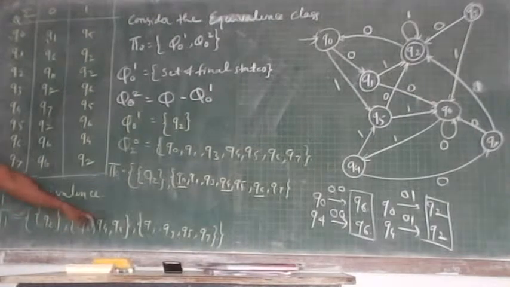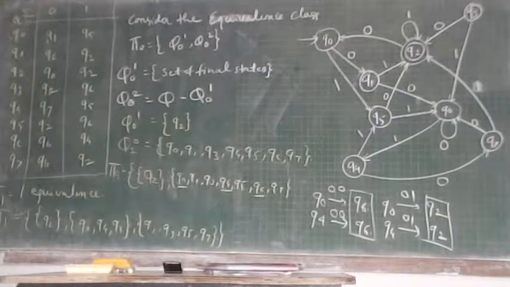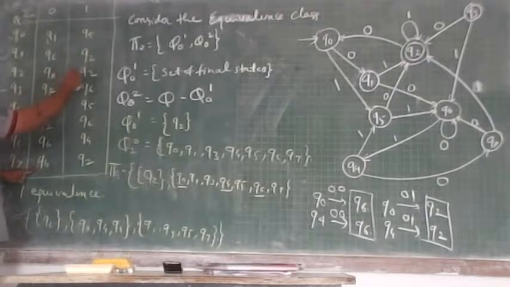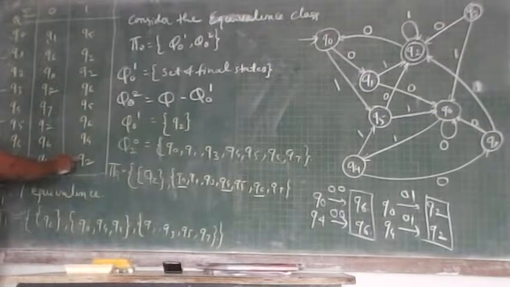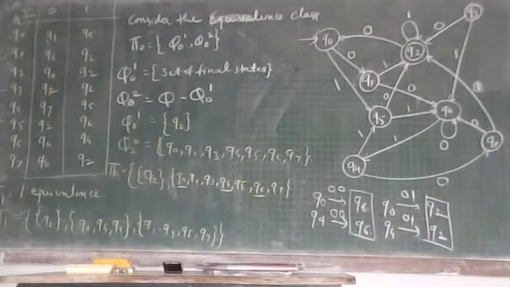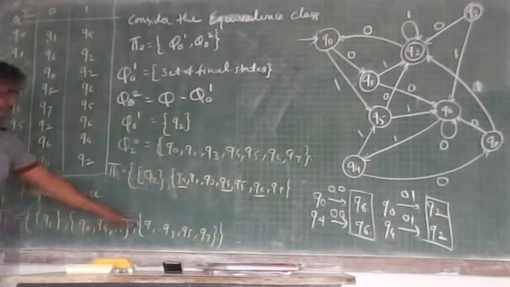हमने चेक किया Q0, Q4, Q6 ये one equivalent है for 0 and 1 both. What about Q1, Q3, Q5 and Q7? You see Q1, Q3, Q5 and Q7. Q6, Q2. For 1 it is Q2, Q6 and Q2. They are not equivalent. Okay? So these are equivalent, these are not equivalent.